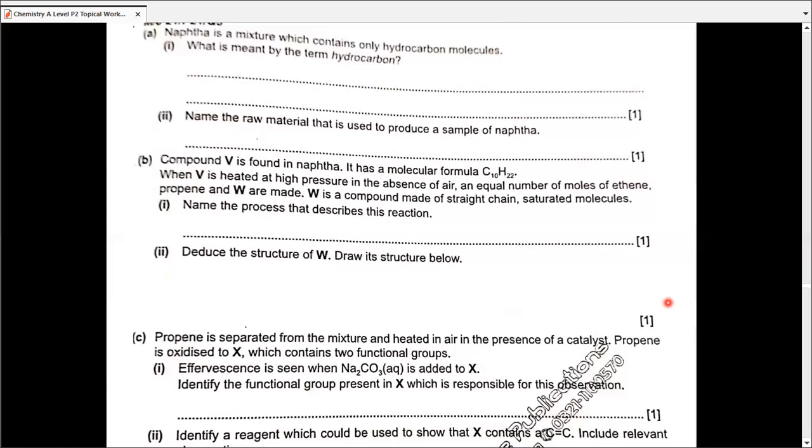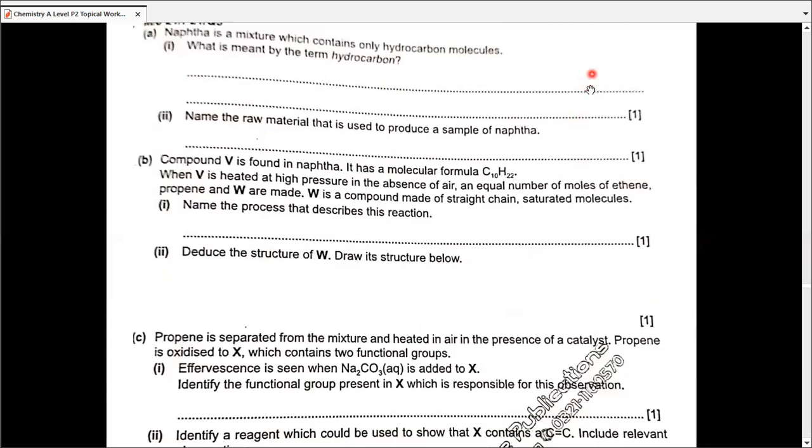D. This is thermal cracking. Why did you not say catalytic cracking? Why thermal cracking? I think we can say catalytic too because we're using the Al2O3 catalyst. I think really both are fine. You can't say catalytic cracking because there is no mention of catalyst over here. When it happens in heat,